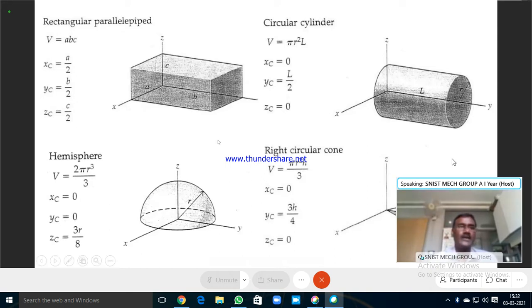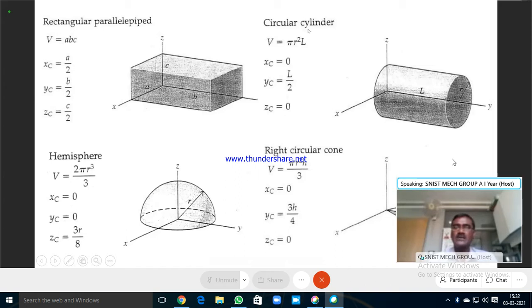Volume is A into B into C, and just by inspection of symmetry, you can write down the central coordinates as A by 2, B by 2 and C by 2. This is done just by inspection because it is symmetric about all three central axes. And let us look at this